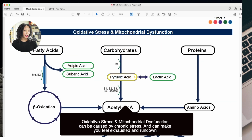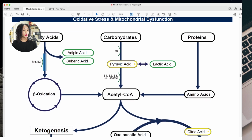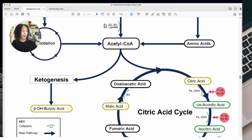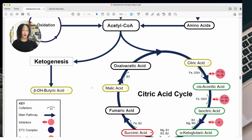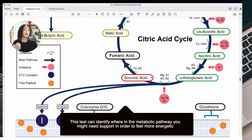So this test in particular looks at our oxidative stress as well as mitochondrial dysfunction and looks at the different types of byproducts and different substrates that go into our kind of citric acid cycle, our ability to make fatty acids and break them down. So it's looking at how well these pathways are working and where, if any, if there's an issue, which again gives us something to make a treatment recommendation around, and also gives us a quantitative thing to